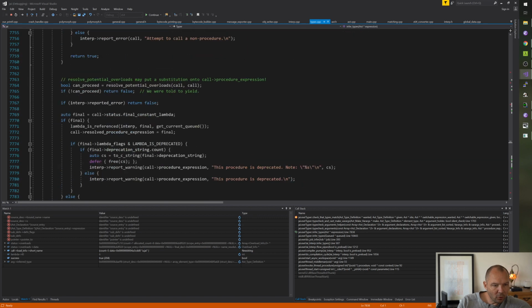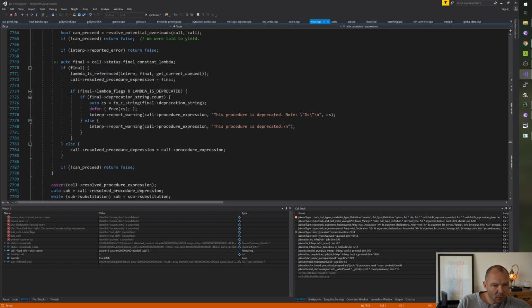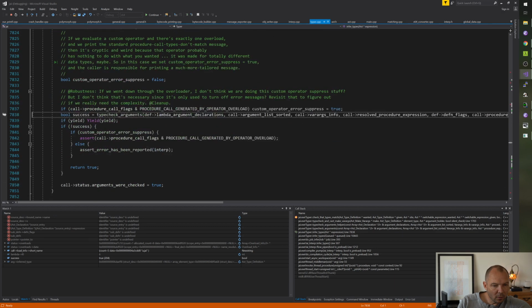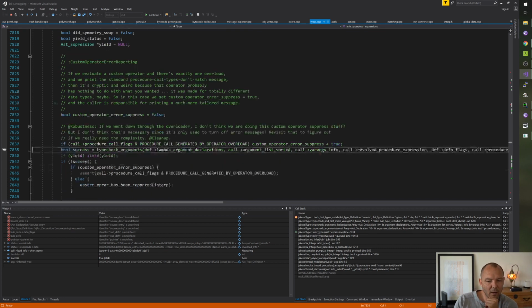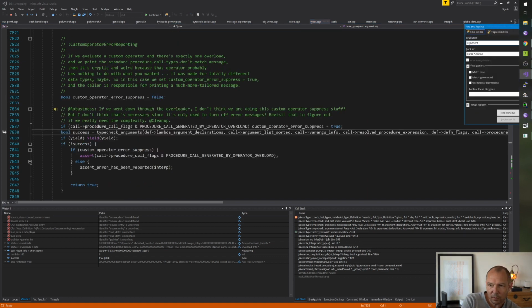So resolve potential overloads. See, this is like a secondary thing that's only supposed to happen if you didn't check by other means, I think.